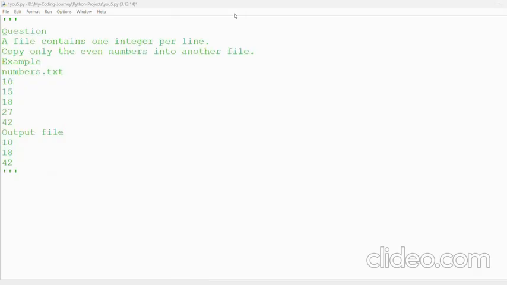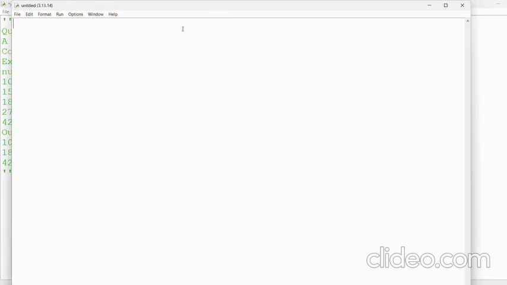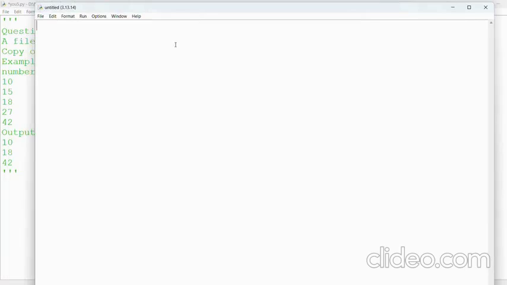So the next question is to make a file containing one integer per line, and copy only the even numbers into another file. So here I have to make two files, that is an input text file and an output text file. An example is given here: we have a numbers.txt having different integers, that is 10, 15, 18, 27, and 42. And the output file is 10, 18, 42. That is the even numbers. So first of all, I will create a